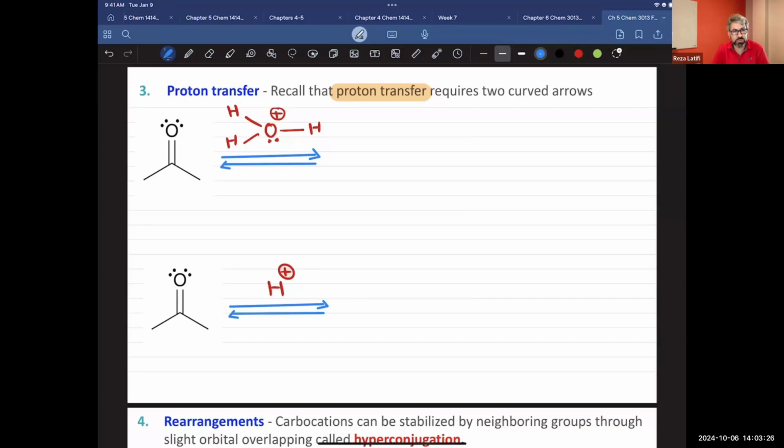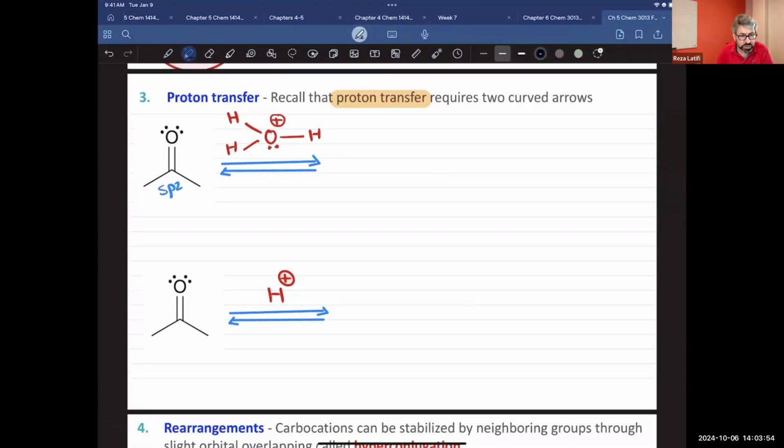We have a carbonyl group, a carbon with sp2 hybridization attached to oxygen through a double bond. And we have a solvent or a molecule that has three hydrogens attached to it, so that's going to be the hydronium ion. It will behave like an acid. In this case, the oxygen that has two lone pairs will go after